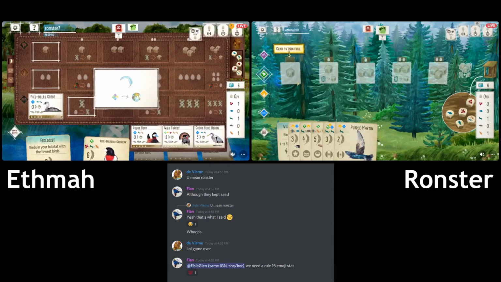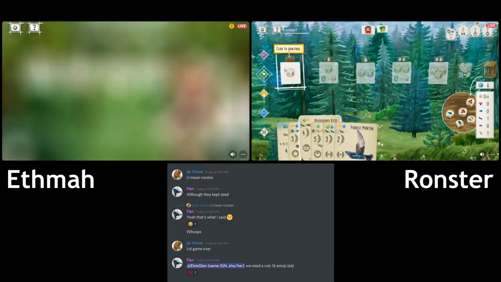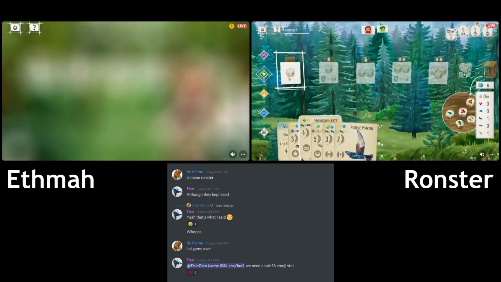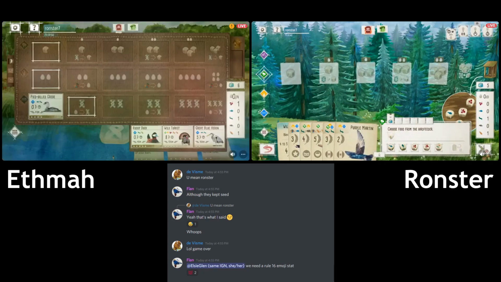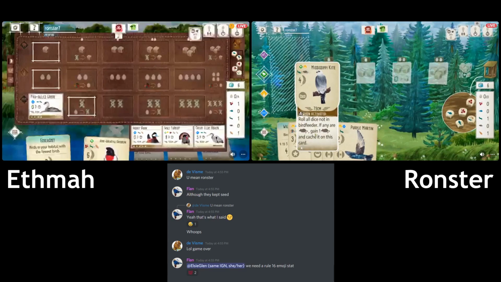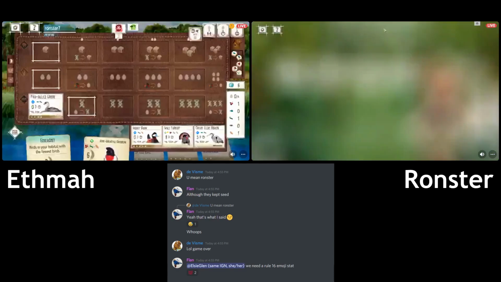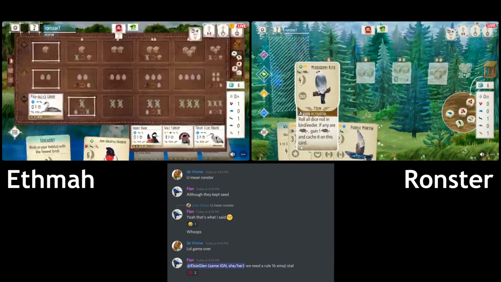Looks like Ronster is gonna have a really strong start once they get their goals down in round 2. So it's gonna be a tough one. I think Ronster's main problem here is going to be that there's only 1 worm in the feeder, but once Ethma starts pulling for food,